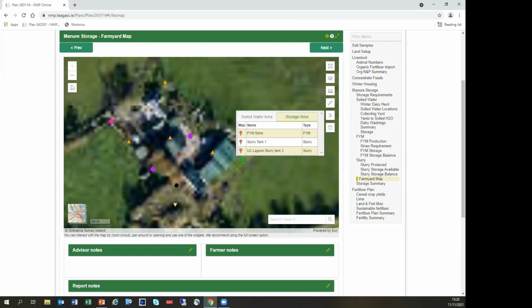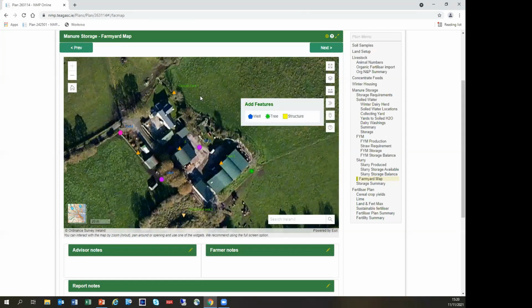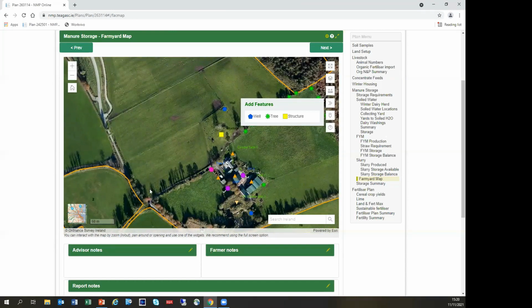So at the moment we have add features here: a well, a tree, and a structure. But as Pork says, this new upgrade allows us to add to this feature list. So we will be envisaging putting in more features, saying fence or water trough or buffer zone along a river